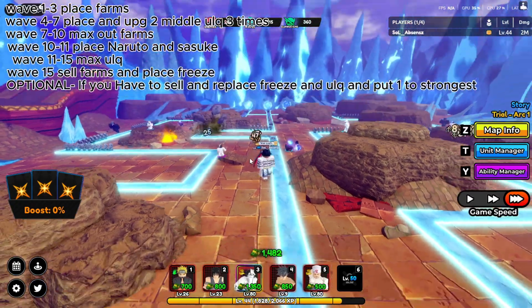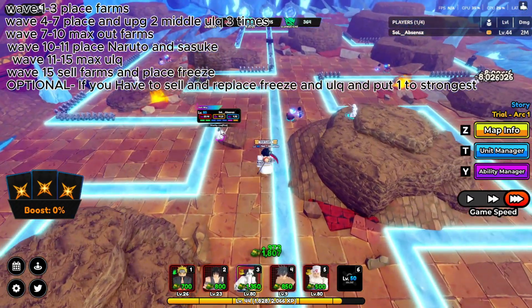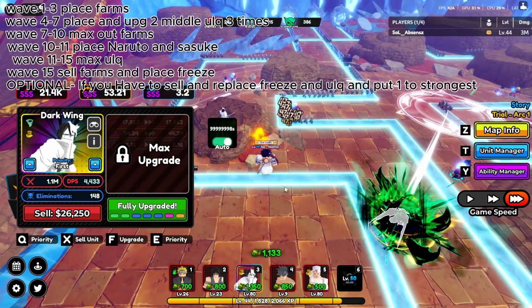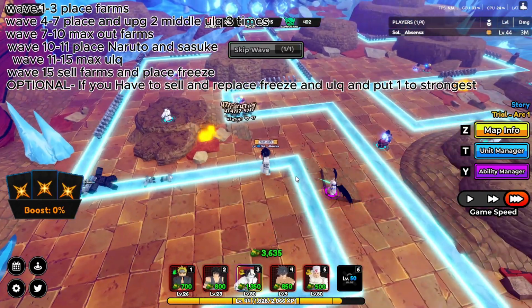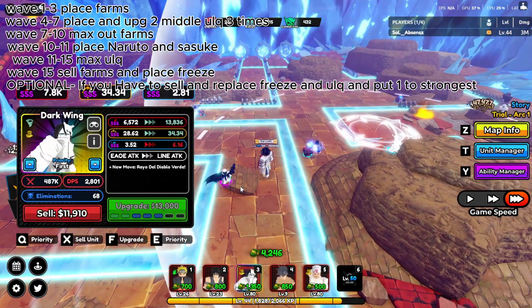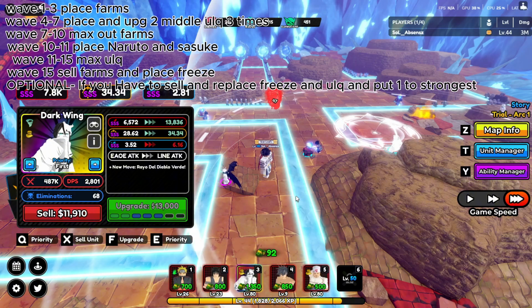But now, pretty much by wave 15, your Ulquiorras will be maxed. Once you get at least like 1.1 million, auto upgrade. That way your Ulquiorras get boosted. You don't want to use them below 1 million, because if you use them below 1 million, he doesn't get